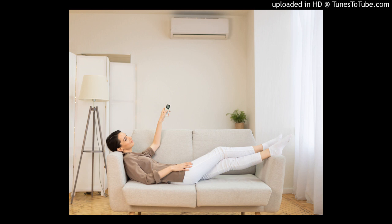How often should you put Freon in an air conditioner? Theoretically, an AC should never require refilling Freon. Every AC comes with enough refrigerant that should last its complete duration of life. However, there may be some cases where your AC unit needs to have Freon added. If you're asking yourself the question, how often should you put Freon in an air conditioner, then this article is here